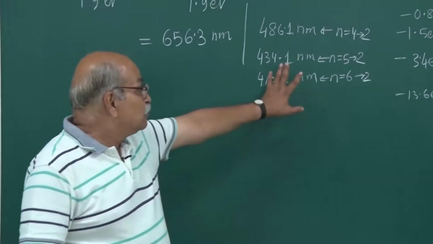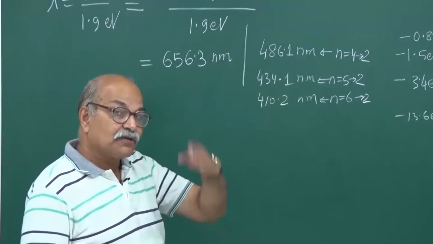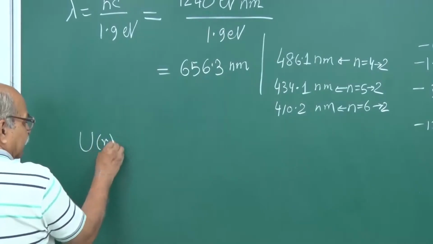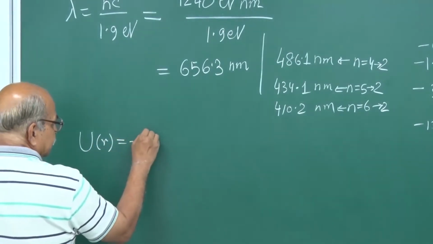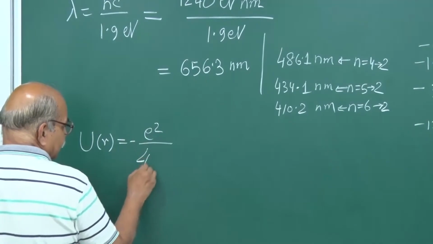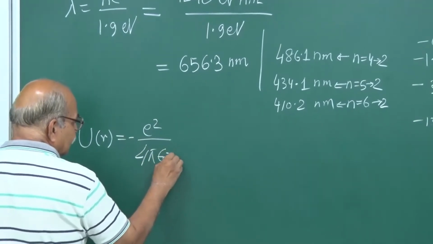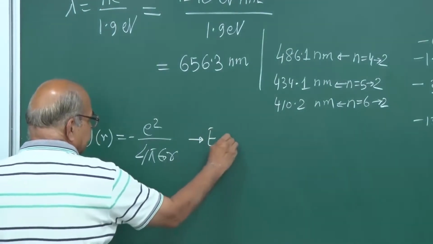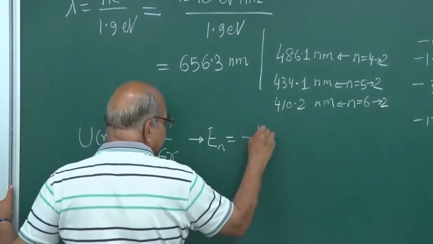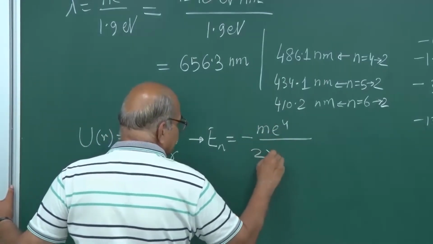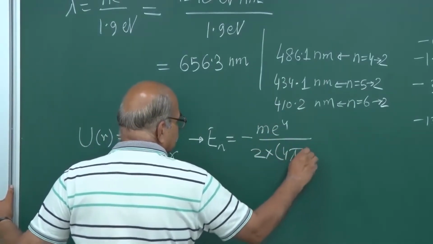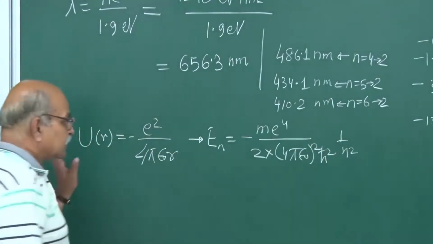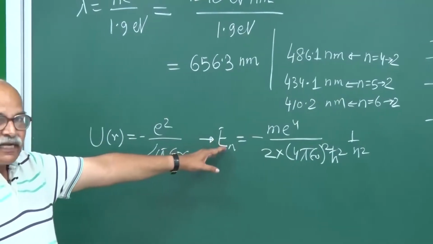So, this Niels Bohr model in terms of circular orbits tells you that if U of r, the potential energy, is minus e square over 4 pi epsilon naught r, then it turns out to give all those energy levels. Energies are given by that expression that I wrote, minus m e to the power 4 over 2 times (4 pi epsilon naught) square h cross square n square. So, this works quite well. And not only that,